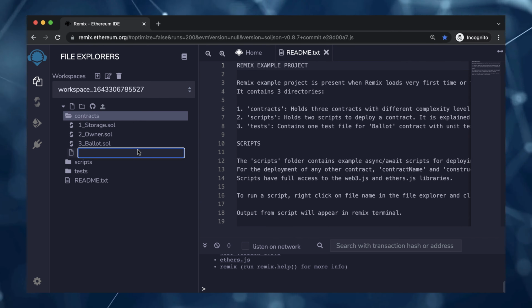Let me boost this up so you can see. And if you click this button on the left, you can toggle this left menu. All right, so we are finally ready to start writing our first smart contract. Where do we begin? So the very first line in your smart contract, actually, let me